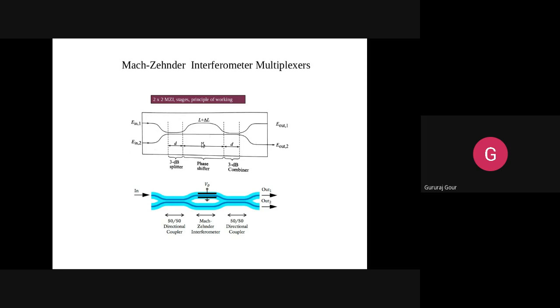This path length difference results in a phase difference, so this portion acts like a phase shifter. In the initial part, for a length of around d on either side of the straight line length L of the phase shifter, assume that this d portion of the MZI acts like a splitter, a 3 dB splitter, meaning it splits the two optical rays by 3 decibels.